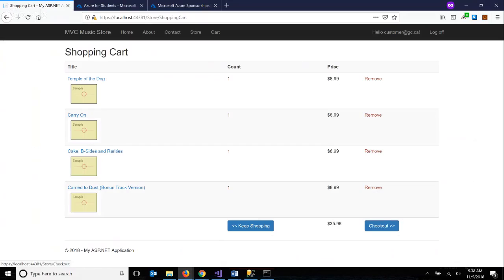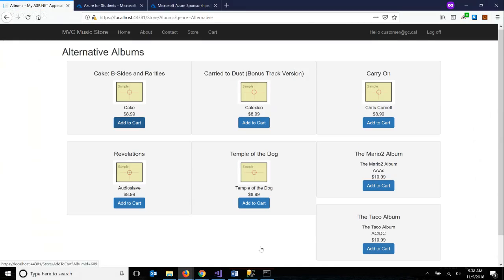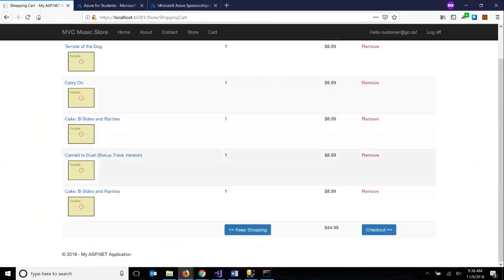Actually, yeah, there is one thing we should also do, sorry, before. Right now, if I add the same item to my cart again, so here I've got this Cake B-sides. Right now, if I add the same item, it actually puts it in as a separate item. Right? So what we should be doing when we add to cart is we should be checking if this item's already in the cart. And if it is, instead of adding it as a new item, we want to increment